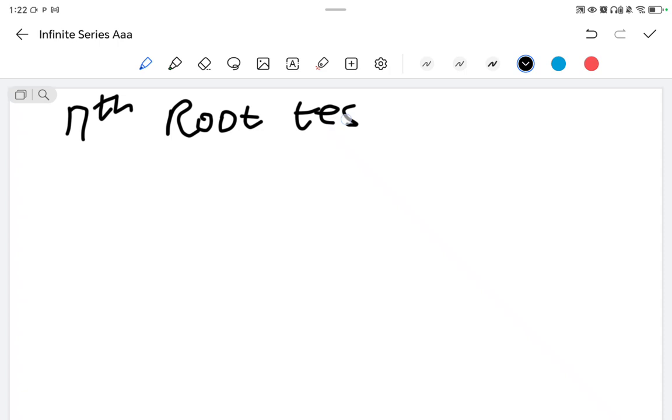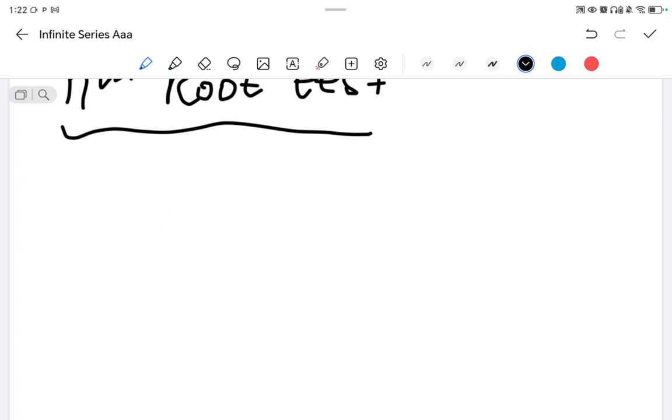So on infinite series, I'd like us to begin with... we're going to start from the back, right? We're going to begin with the root test. Usually, it's called the nth root test. So when we come to the nth root test,